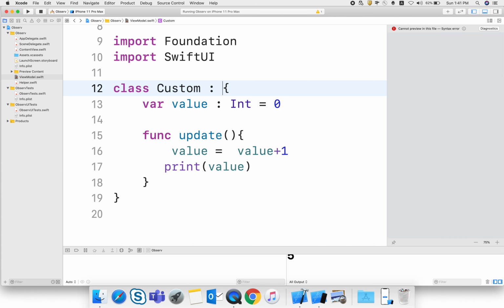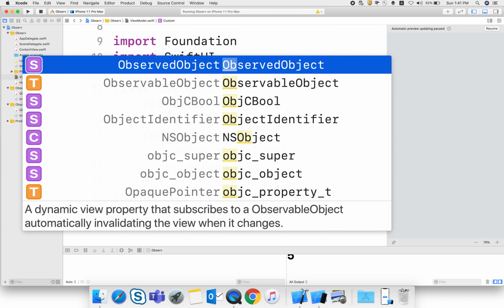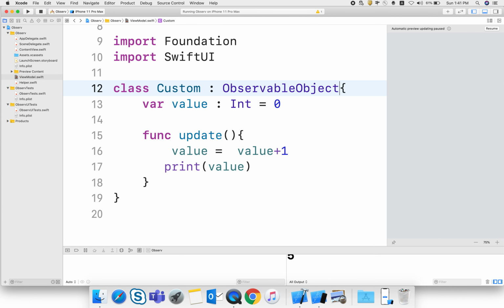I just need to conform to the ObservableObject protocol, which enables us to mark any class as being observable, which means a SwiftUI view can watch it for changes, and mark that property with the @Published property wrapper, like that.